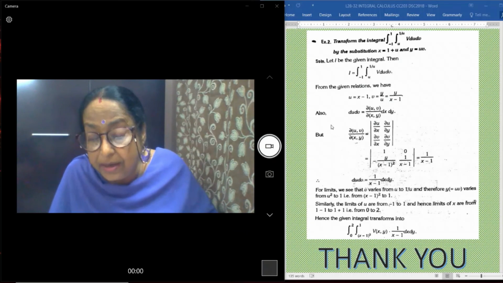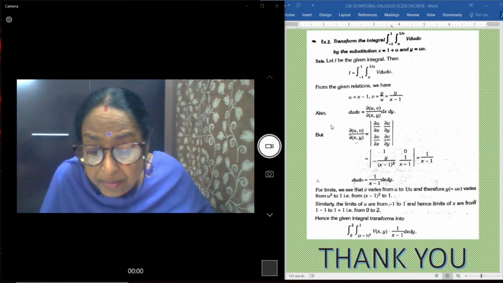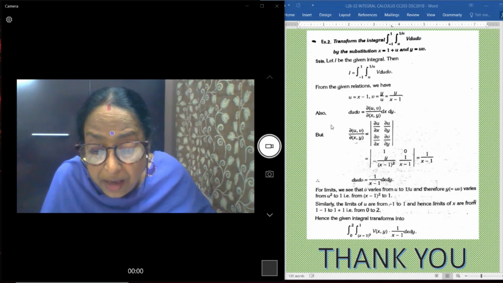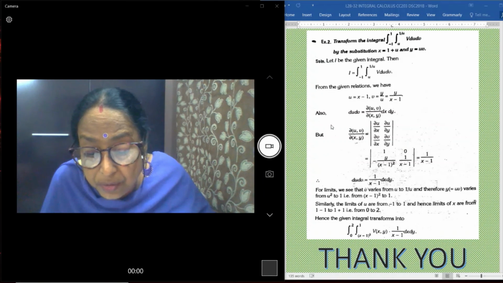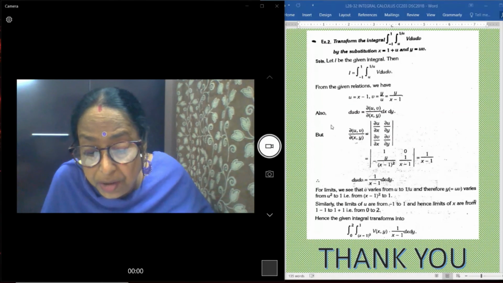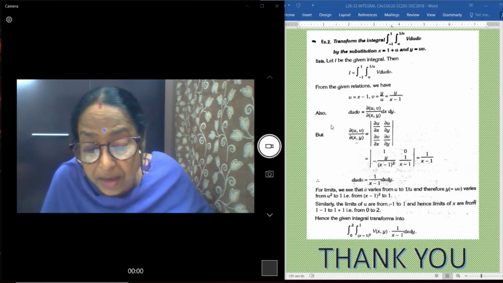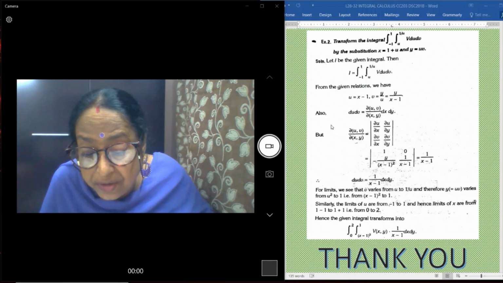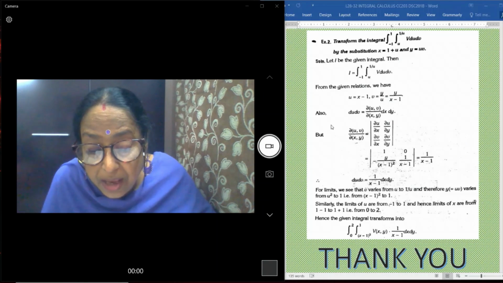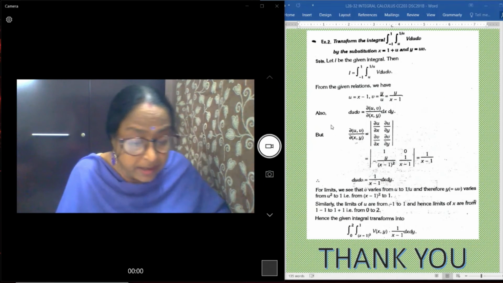Similarly, you can do the second problem, with limits of integration minus 1 to 1 and another from u to 1 by u, of v du dv. You have to change it from u, v into x and y. So x is given here as 1 plus u and y is given as uv. You try it at home.